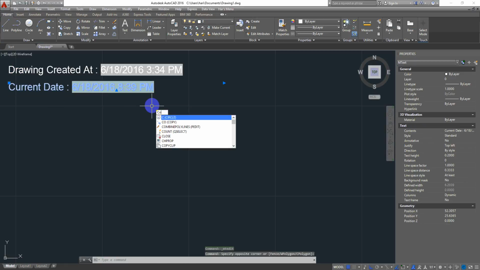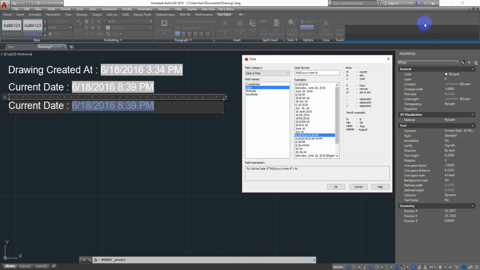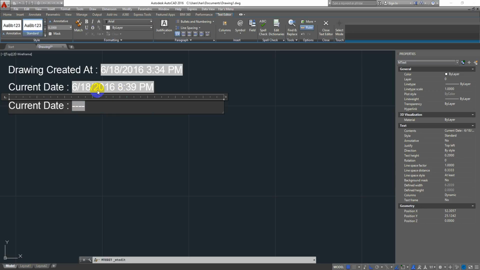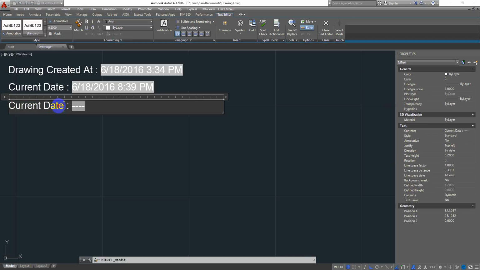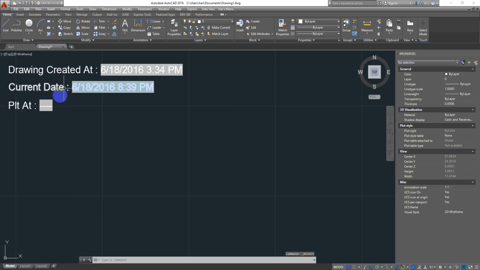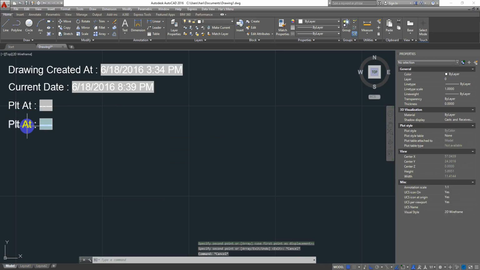And the next one, if you see, this is the plot date. So when was it last plotted? That's what this information gives you. So it is never plotted, that's why it is showing like that. So it is like plot time, plotted at, or whatever it is. And the next one,